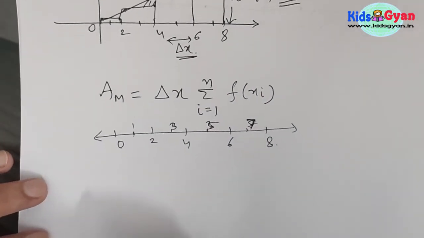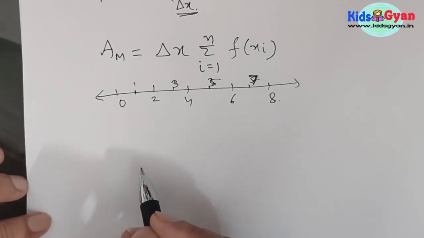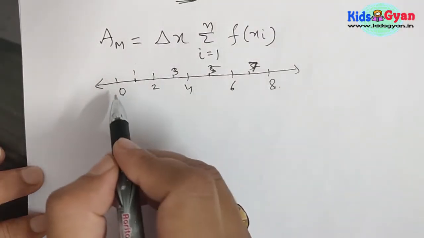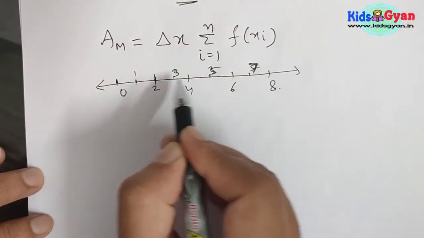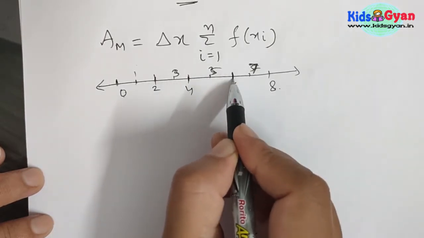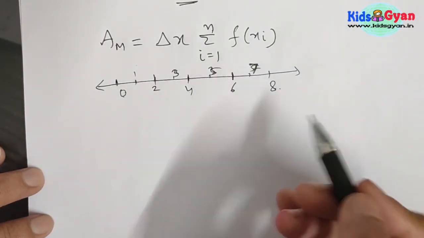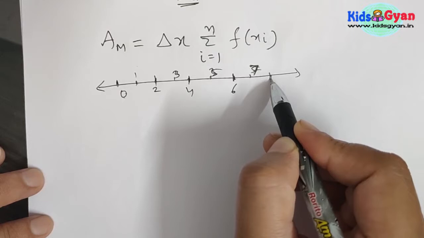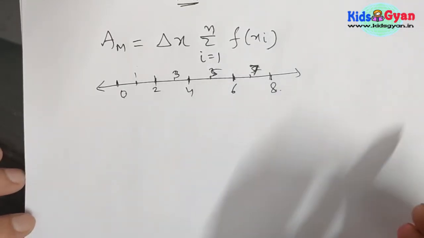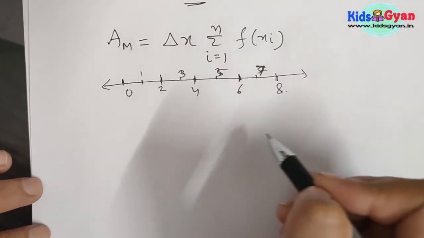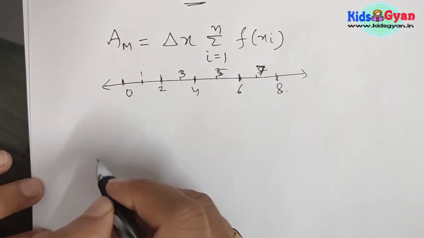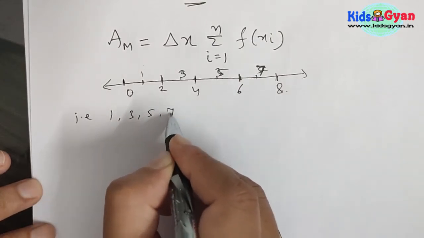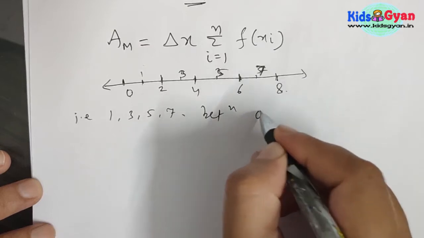Okay, so now to calculate the area using left hand points we choose 0, 2, 4 and 6, and if we choose right hand points then we choose 2, 4, 6 and 8. This will be an over approximation for the sum of intervals, but here we have to calculate the area by the midpoint rule, that is 1, 3, 5, 7 between 0 to 8.